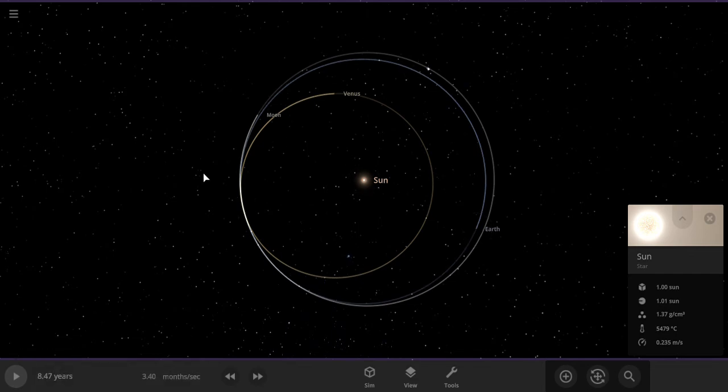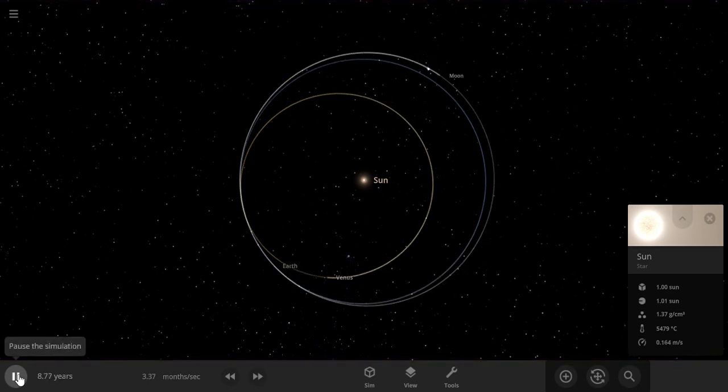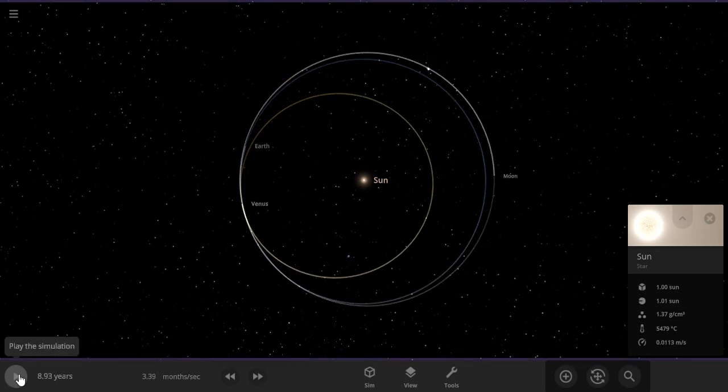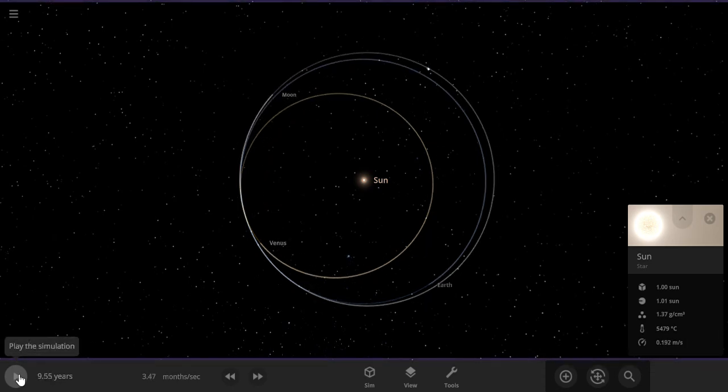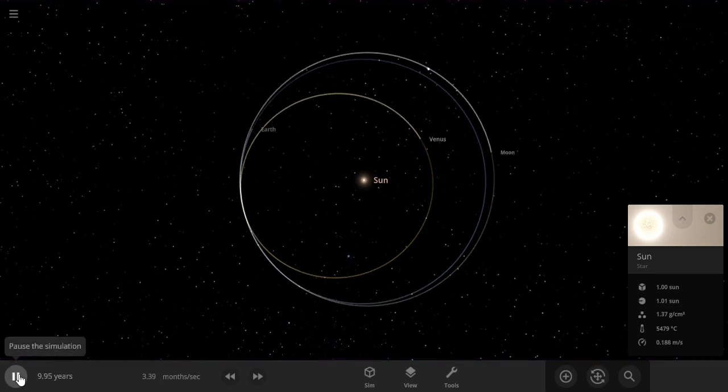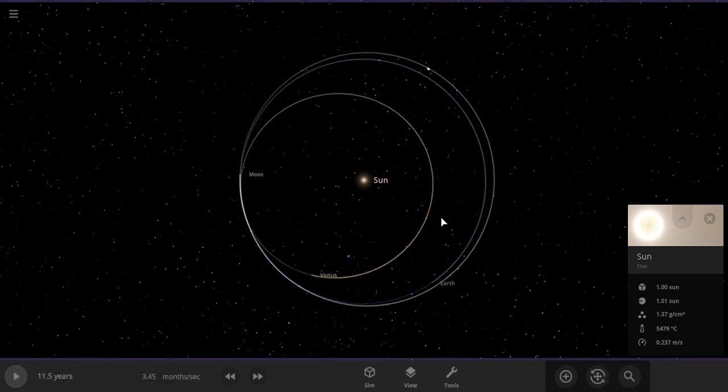And at about 8.5 years, they're nearly collinear. Nine and a half looks like they're about collinear. And then Earth is gradually catching up to the Moon. So when they are collinear, you have some chance of an eclipse. That's an Earth-Sun